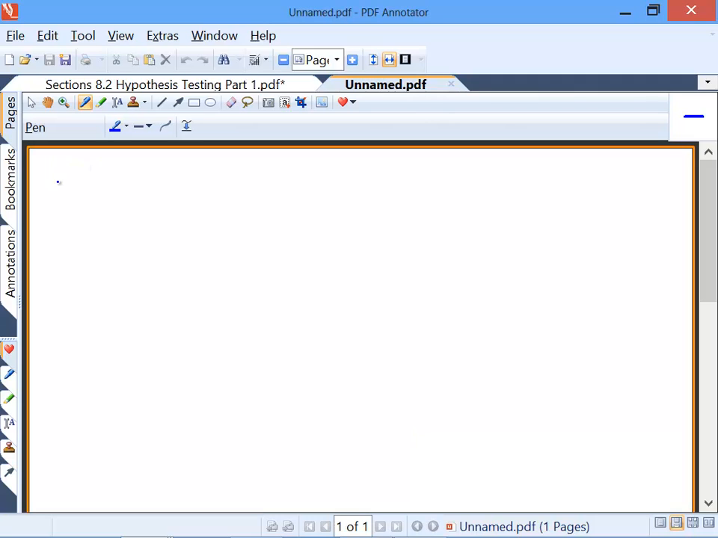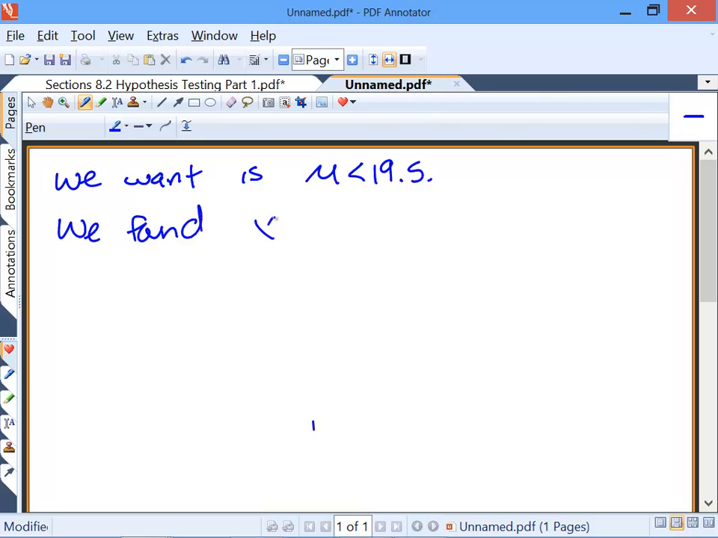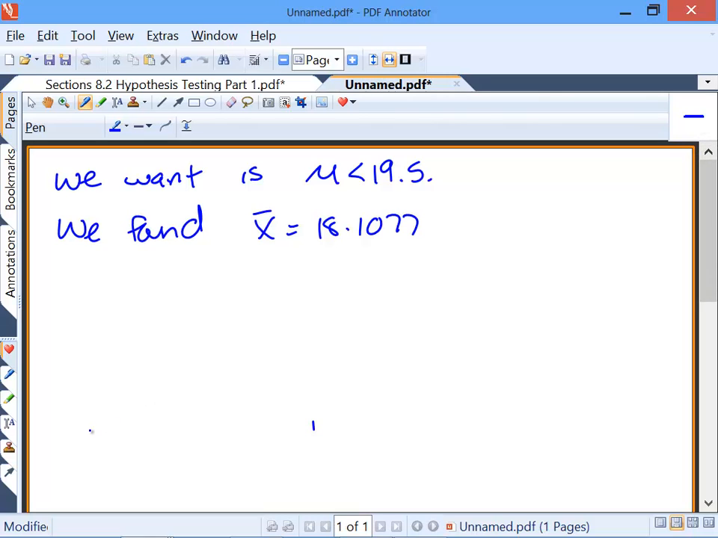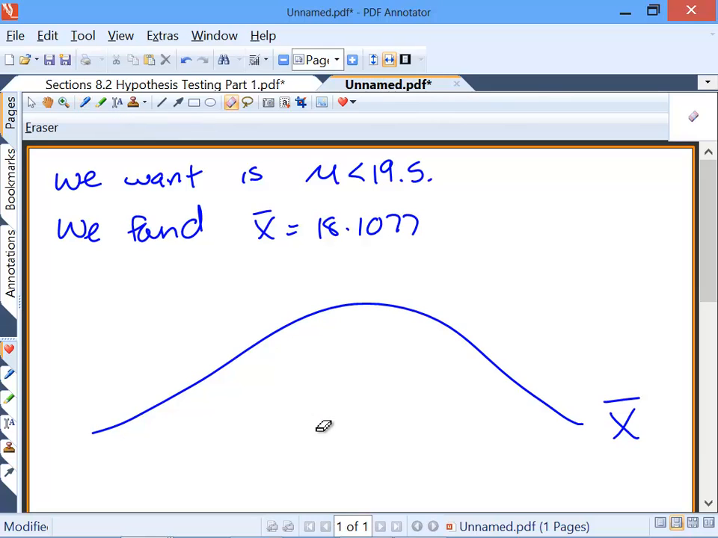So you're saying we want to know, is mu less than 19.5? So we found x bar equals 18.1077. So you're saying because it was less than that, I automatically think that my population mean is less than 19.5. That's what you're saying, right? Yeah. Okay. So what we have to think here is, remember that my X bar changes from sample to sample, correct? Okay. So if it really was centered at mu equals 19.5,